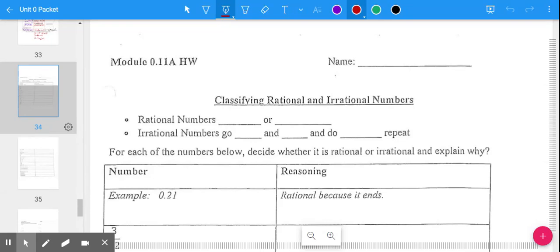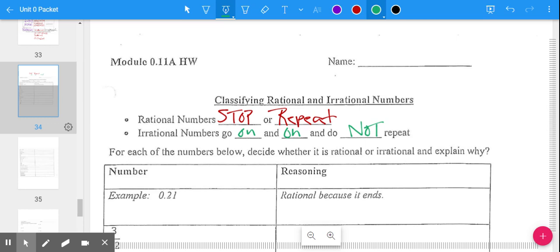All right, we're going to go over just the practice for classifying rational and irrational numbers. The notes are pretty straightforward, so you can get into those other answer keys and fill in your notes on your own. So rational numbers are numbers that stop or repeat,